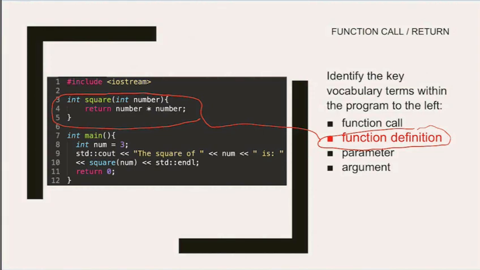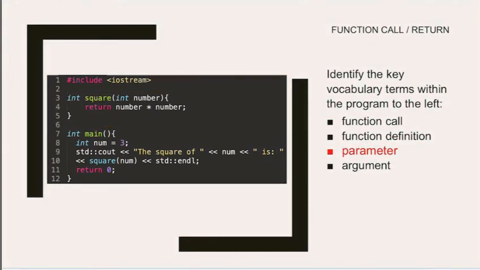Now, let's make sure that everyone can identify the parameter. Did you find the parameter? Your parameters are always located within the parentheses of the defined function. So in this example, on line 3, we can see that the parameter is integer number. Now, it's important to remember that the number of items in the parameter list will be dependent upon the function that you're defining. In this function, square, I only needed to receive one value, therefore there's only one parameter.